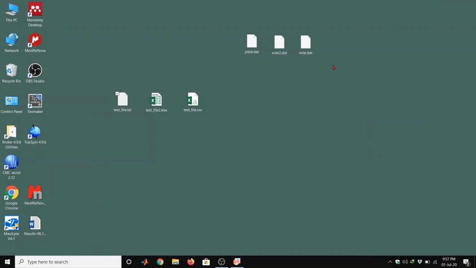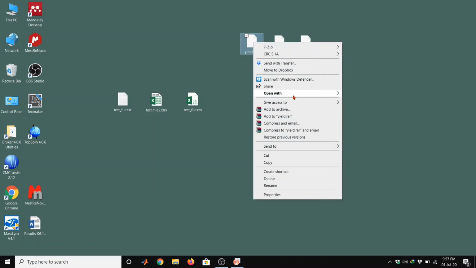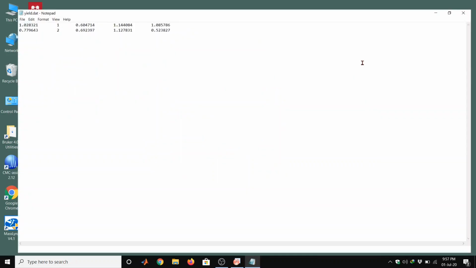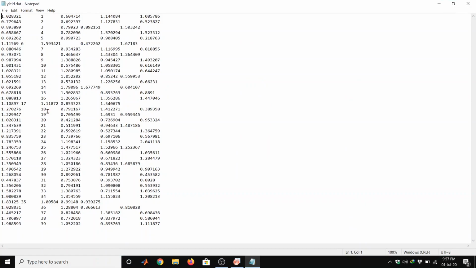So we can see here .dat, this yield.dat data, vote.dat, vote2.dat. So this is our ASCII data files. So you can also open with Notepad.